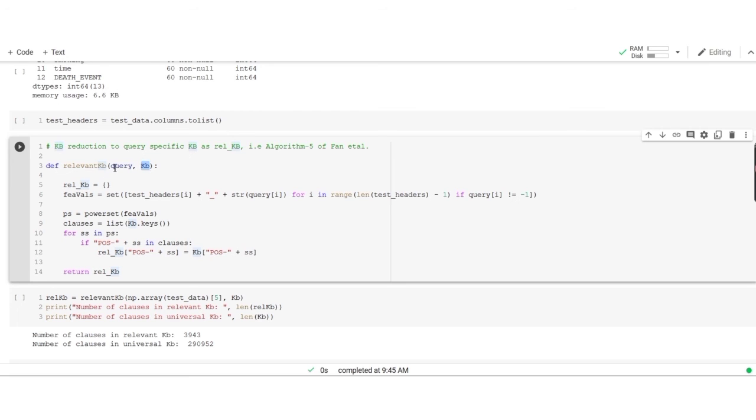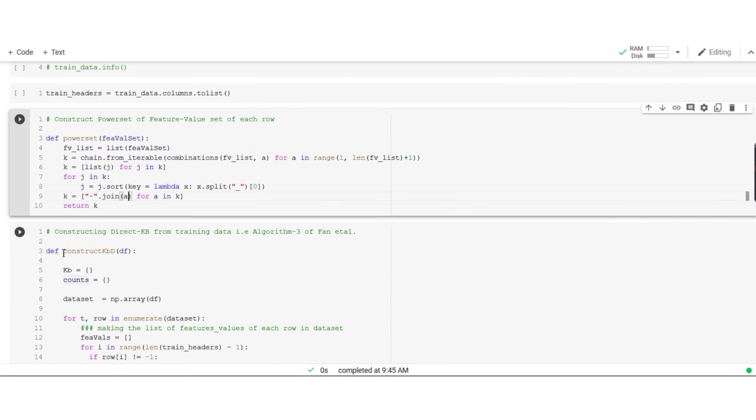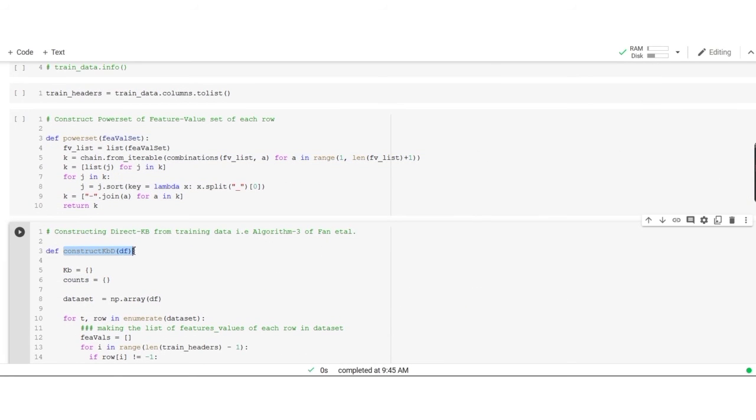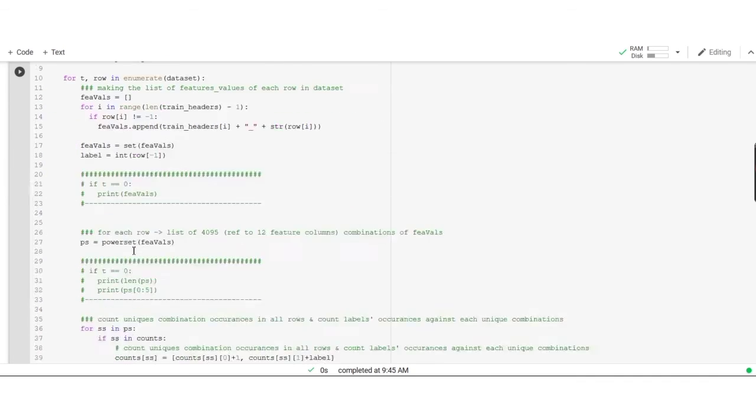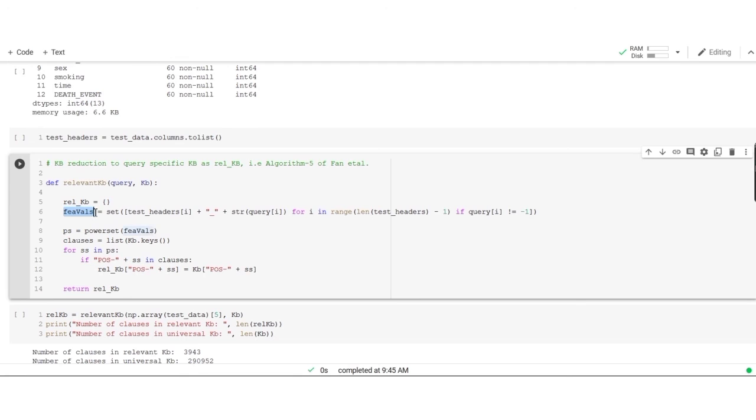From this query we calculate all the feature value pairs and pass them on to the power set function, which was described when we constructed the knowledge base from the data set. When the feature values of the query are passed to the power set, it gives us 4095